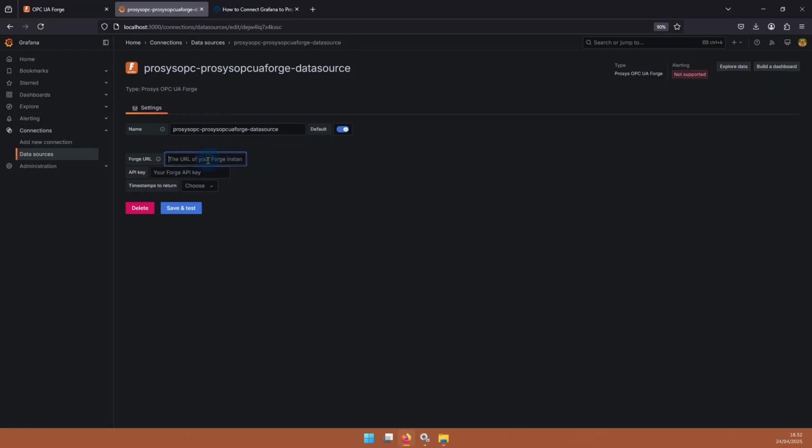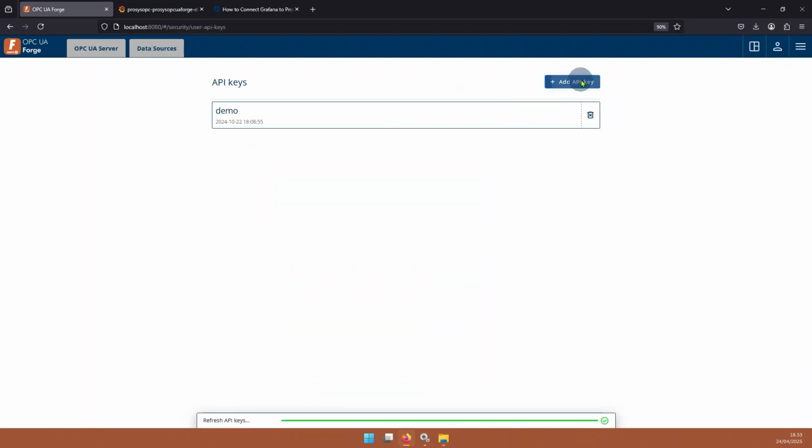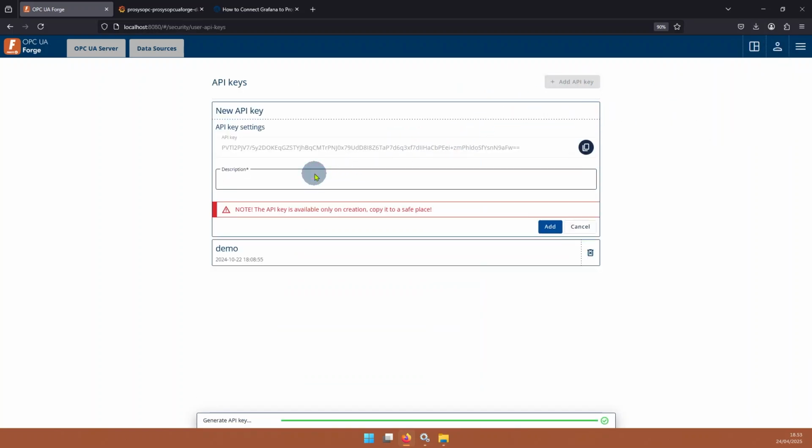Then we need to configure the address. So this is now the address for the user interface. So the port is 8080 as default. Then we need to create the API key for the Grafana. So I will go to the API key